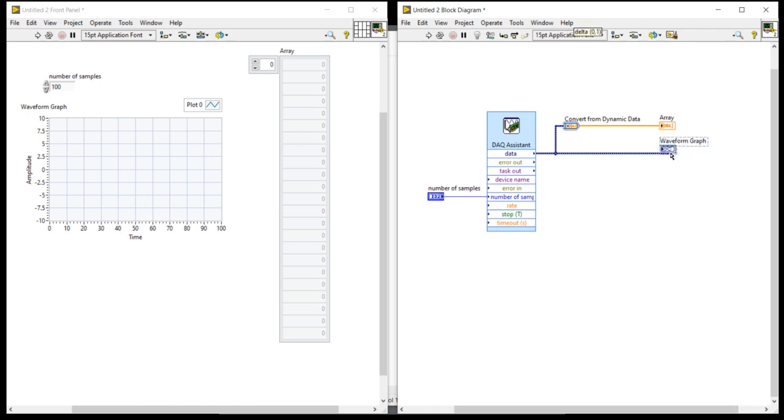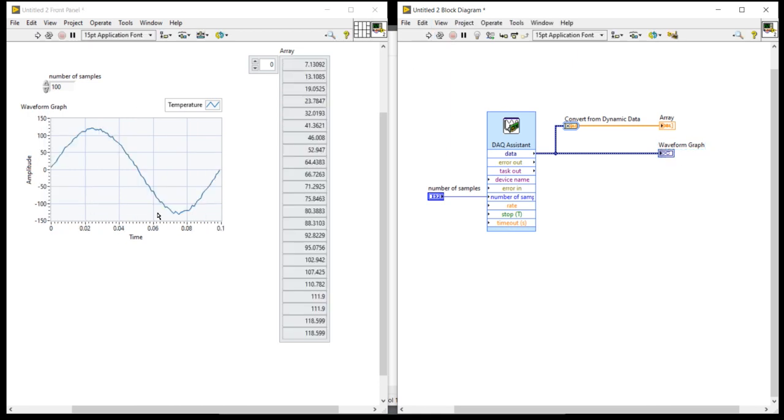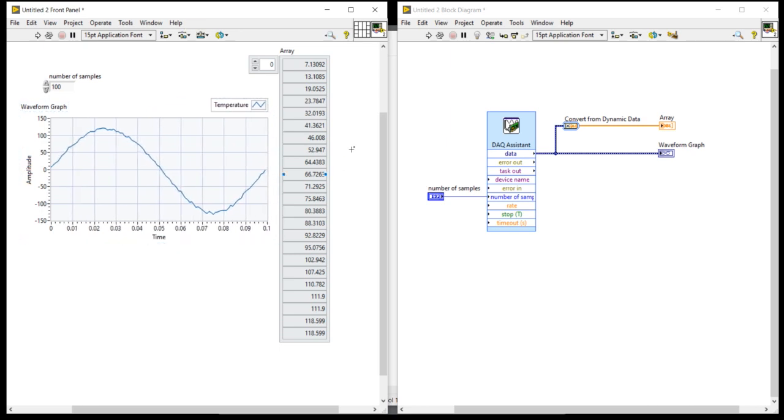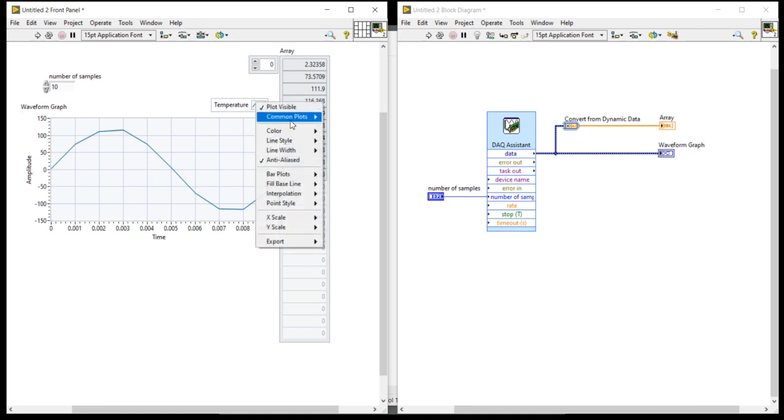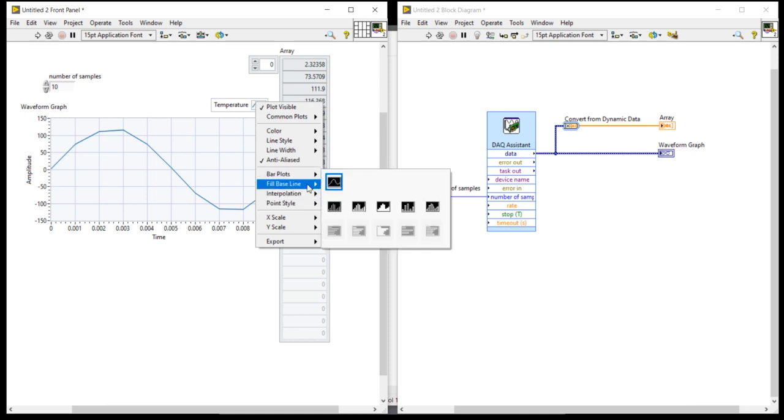Now if I run the program, I will get 100 samples, the 100 sample data values. If I set the number of samples to 10, I will get 10 samples.